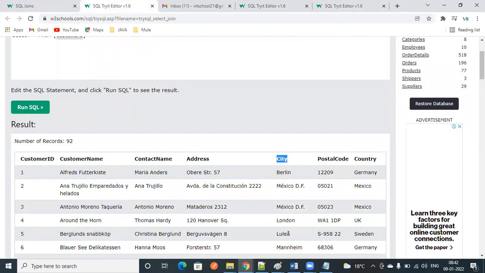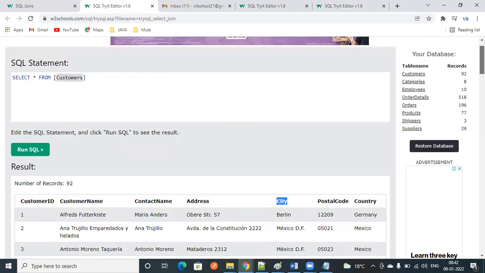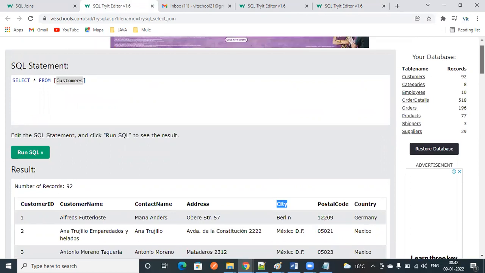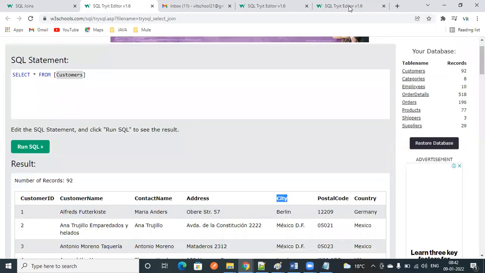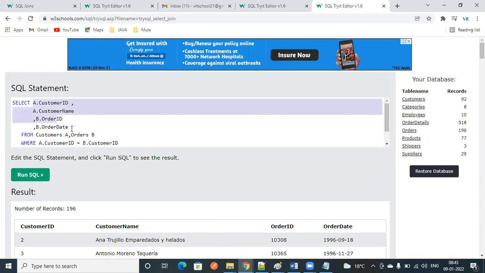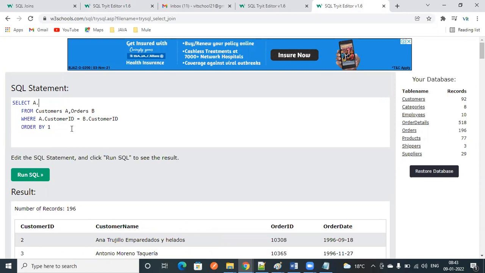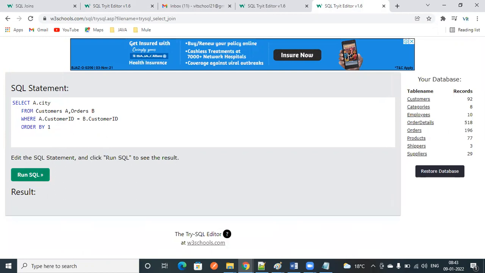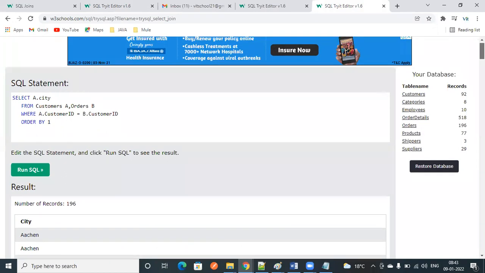You want only city, you don't want other details. No, sir. Yeah, that is very simple. What you can do is just give a dot city. That's it. See, you can see only city names.